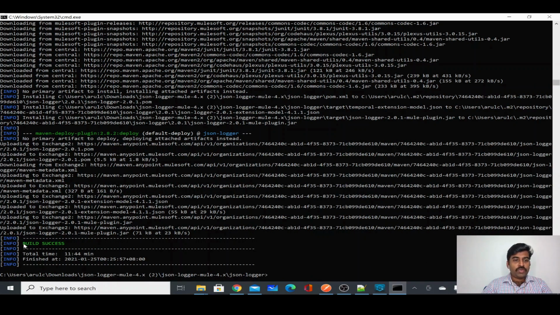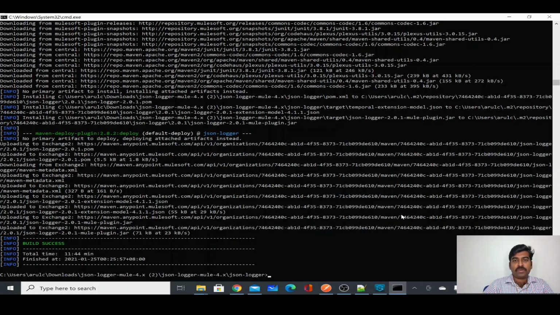Now we got build success for our mvn deploy command. The Maven deploy which we did for the JSON logger package, which we wanted to deploy to our Anypoint platform, almost took 10 minutes for me. Again, it's based on your network bandwidth and the speed of your laptop. Why did it take so long? Because this is the first time I've created and configured Maven, and I have specified my credentials. Also it's the first time I'm deploying, so it will download a lot of information from the Maven repository to your local, then build your project, and finally package it and deploy it, right? So that's why it took a lot of time. And now the build is a success.